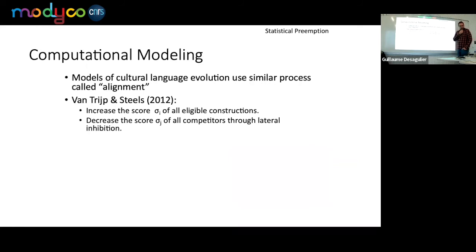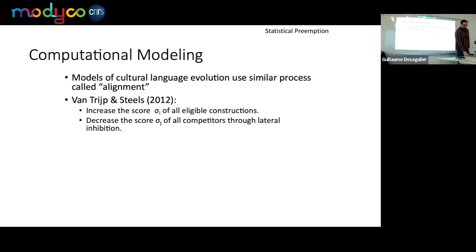One model that we did was on what we call alignment or lateral inhibition. So if you're communicating, and remember, we are working with robots or artificial agents, they don't necessarily know the conventions yet. How can they learn these conventions? Well, they use constructions in a successful interaction. So it's always based on communicative success. They will increase the preference score they have for a particular construction, but then decrease the score of all its